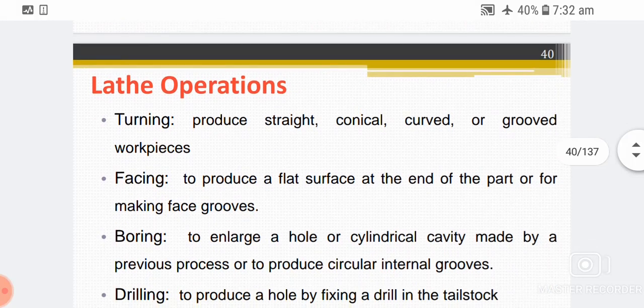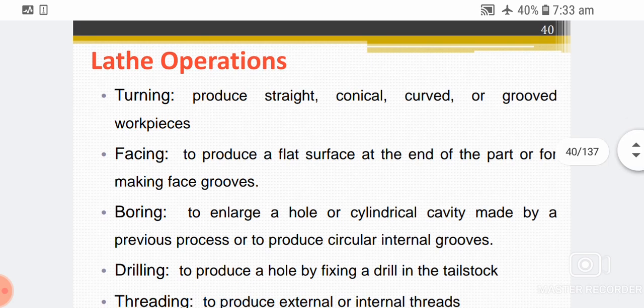Okay. Another important topic of lathe operation: the various processes worked on the lathe. Turning, to produce straight, conical, curved or grooved workpieces. Facing, to produce a flat surface at the end of the part or for making a face groove. Next one, boring, to enlarge the hole or cylindrical cavity made by a previous process or to produce a circular